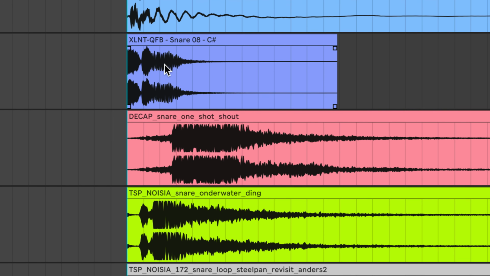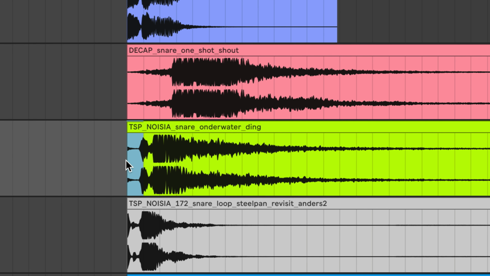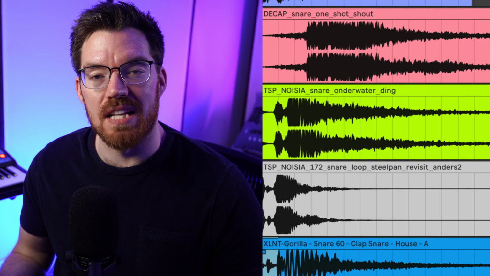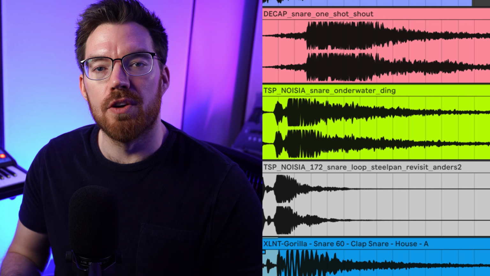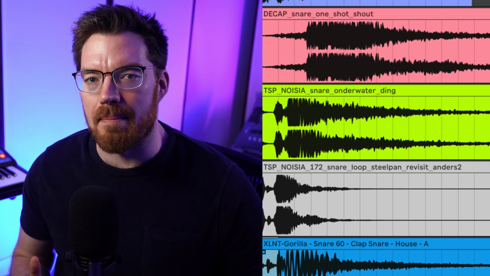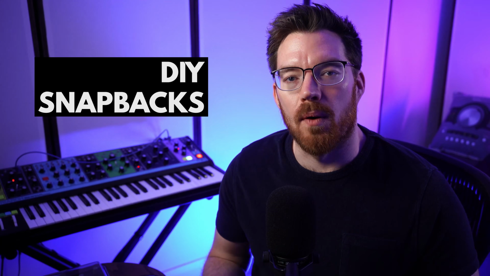Weirdly, I find a snapback layer can be both subtle and rather transformative. Depending on the sound, it can soften a transient or make it feel punchier, or it can add subliminal groove and life. And depending on your snapback's volume and tone, you can go from obvious EDM impact to subtle softening and flamming. I'll show you ways to dial in these different vibes later, but for now, here's how to make